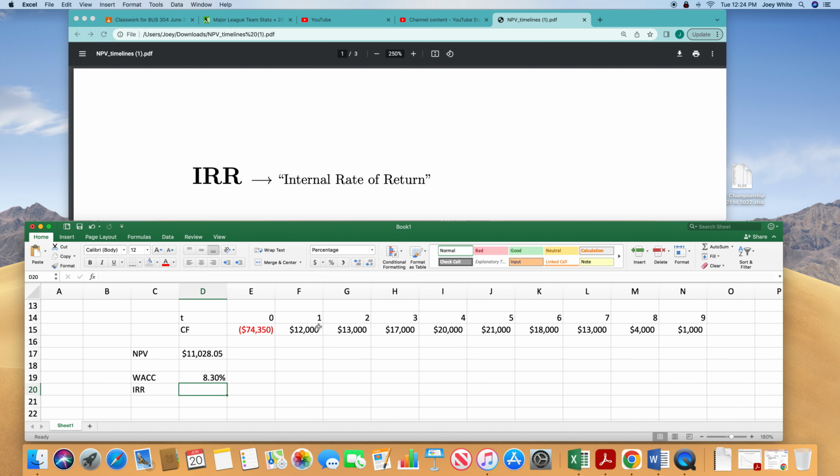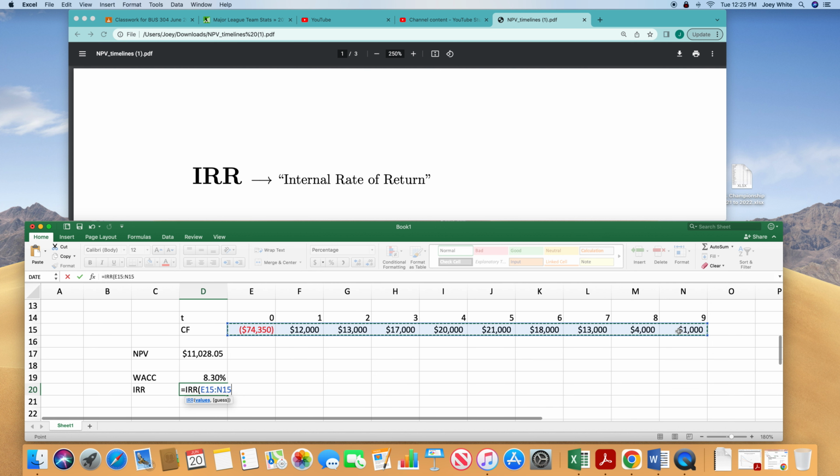see what the investors in the moving company can earn on an annual basis if the company does undertake buying this new van to expand the business, right? The business expansion. So we'll do equal sign IRR open parentheses. And again, we'll include all the values, including the time zero one, comma, and we need a guess, so we'll use the WACC